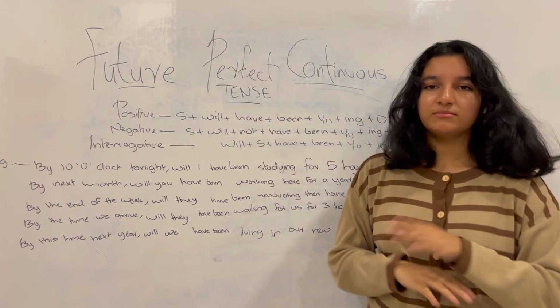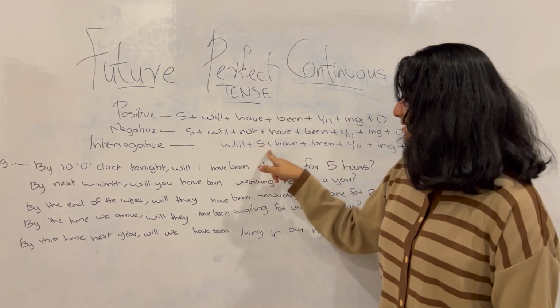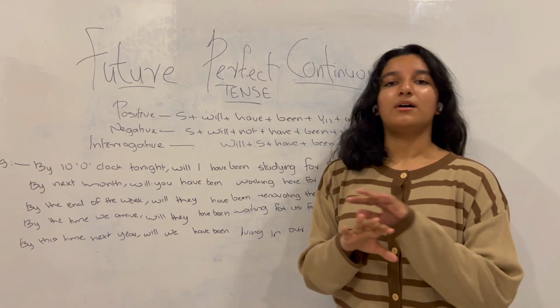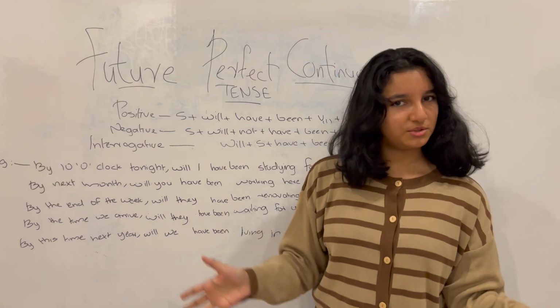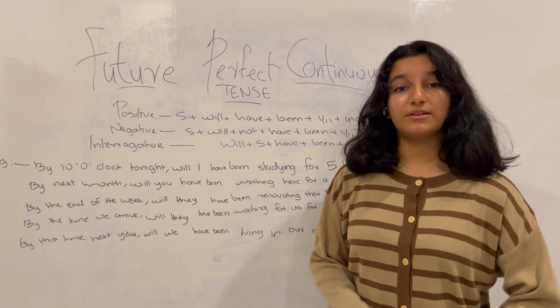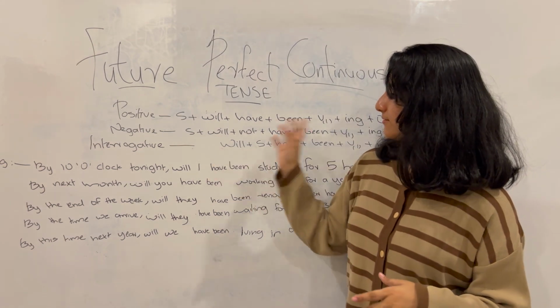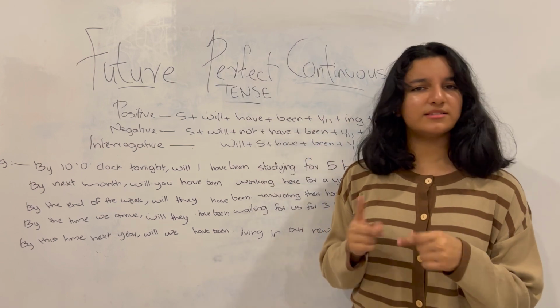Will have been, and will not have been. Will, the subject, was have been. That is all there is to it. Now, it is very easy to study if you practice a lot, so that is all you have to keep in mind. So next up, let's see another form of interrogative sentences and see how we can specify the question a little bit more.